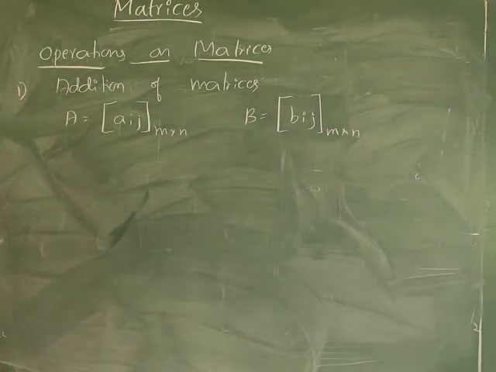So then how to add two matrices? While adding two matrices, we have to add the corresponding elements of the matrices. If A is one matrix and B is one more matrix, to add them we have to add the corresponding